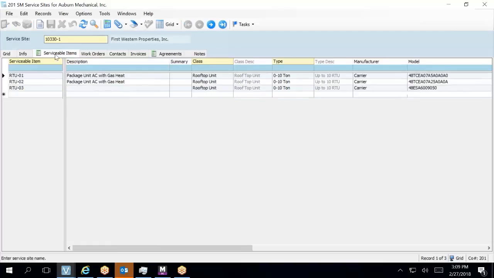Now go to the serviceable items. There's those three. I don't know what happened. Just lost it. I think you must have bounced up into that server site. Yeah, it changed it to a different service site. Somehow we popped into, I can't remember which one I was looking at, but yeah, that's weird. First Western over to something. Okay, now that one,